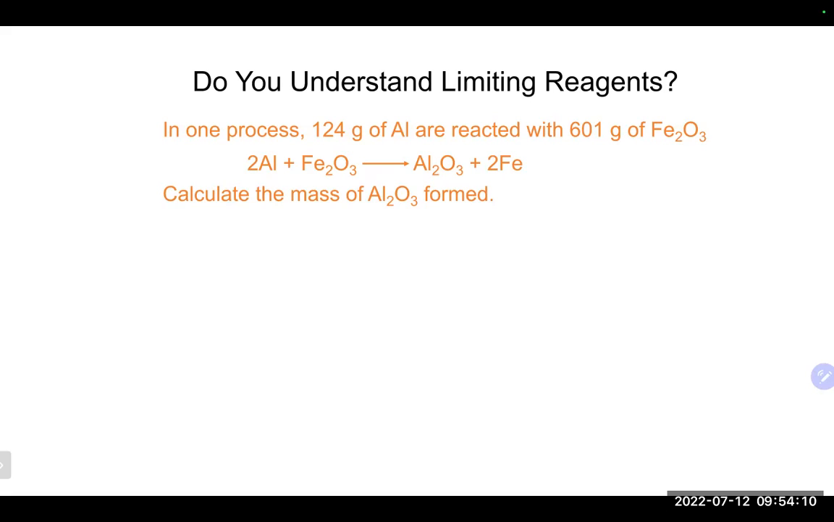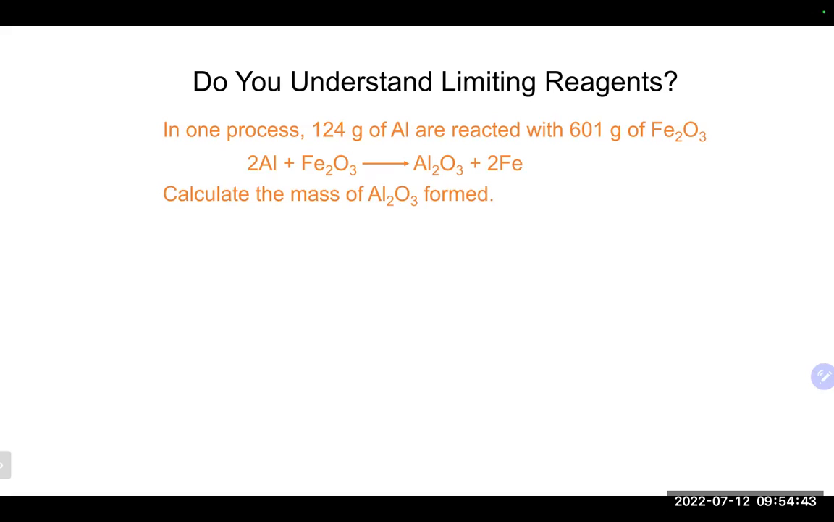So in problems like this one we're going to go through, we have 124 grams of aluminum reacted with 601 grams of iron 3 oxide. We want to know how much aluminum oxide we would produce. Those are both reactants, and we have grams of both of them, which means we definitely could get to moles of both of the reactants. And that really is the key to know that this is a limiting reagent problem, and you do need to figure out which one's the limiting reagent